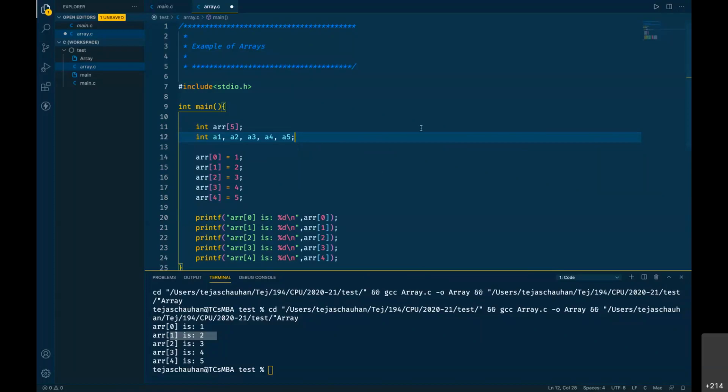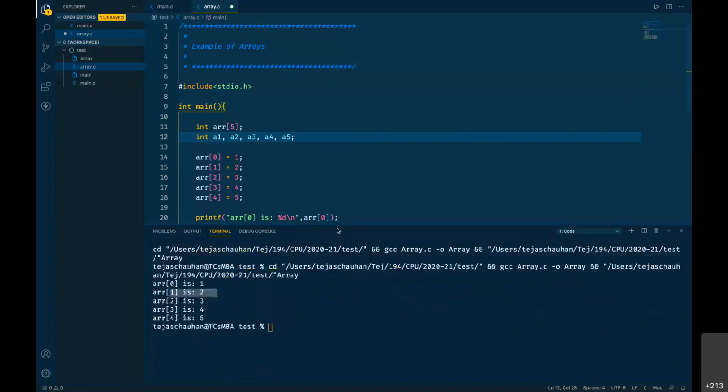Yeah, Vyom is asking, what does the weird statement at the end of the output mean? Well, at the end of the output, there is nothing weird. Look, this ARR 4.5 is the end of the output, and after that I have my command prompt again. Before that, it is having something. Look, this GCC is the command which compiles my array.c program.